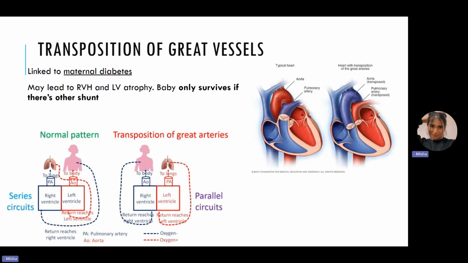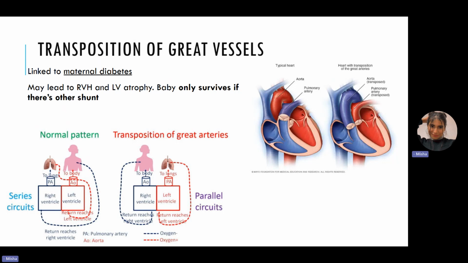Now let's move on to transposition of great vessels. Now this is very, very logical. In this case, what happens is that there's a switching of the great vessels. So the pulmonary artery now goes into the left ventricle, right? And the aorta moves into the right ventricle. So that basically the great vessels will just switch. Now, when this switching occurs,